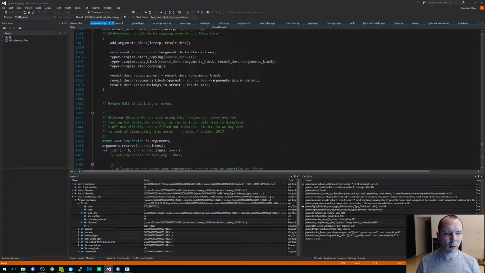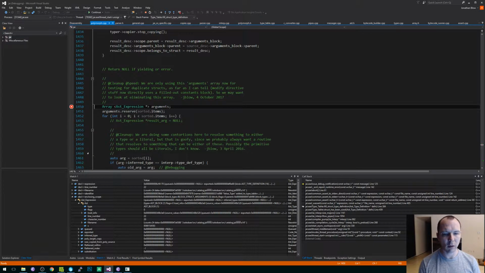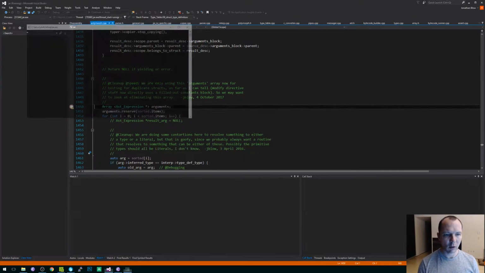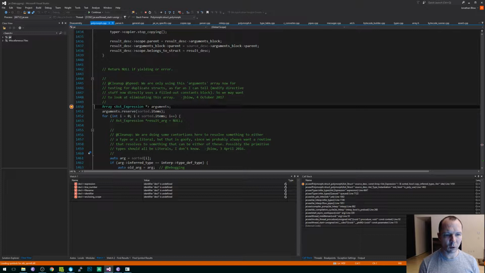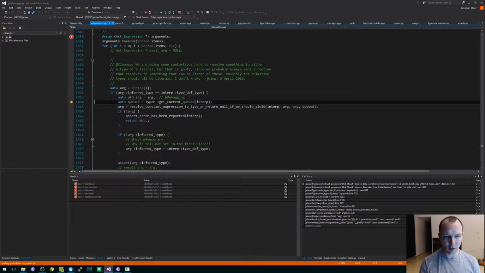Yeah. I'm going to set a breakpoint: result desc arguments block is equal to that. So we'll see what happens when we are making this. There's only one argument. We're stepping in here. It is a type. So like I said, we should catch this here.